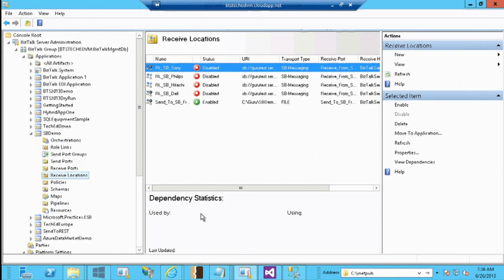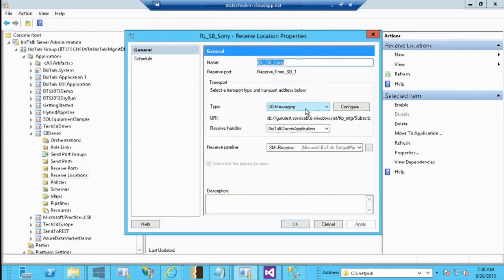So now, how does BizTalk make use of this? BizTalk has a natively built adapter called the Service Bus Adapter, with which it can communicate not just with Service Bus in terms of queues, but also topics and subscriptions, and also relay. So now, imagine a scenario where I am receiving through FTP an order or something, some 100,000 records. All the 100,000 records need not be processed by my downstream system right away.